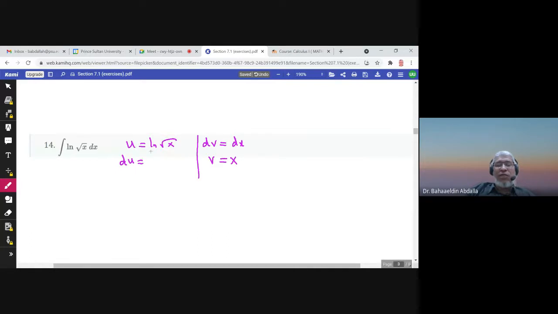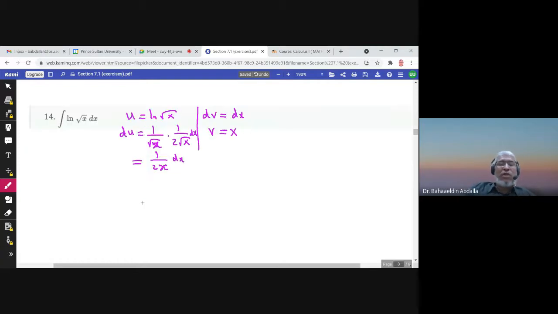du is the derivative of ln square root of x, which is 1 over square root of x times the derivative of square root of x, which is 1 over 2 square root of x dx. So actually du is 1 over 2 square root of x times square root of x, which is x, dx. So this integral, which is I, would be equal to